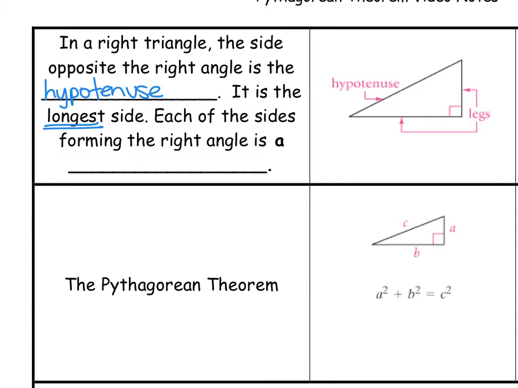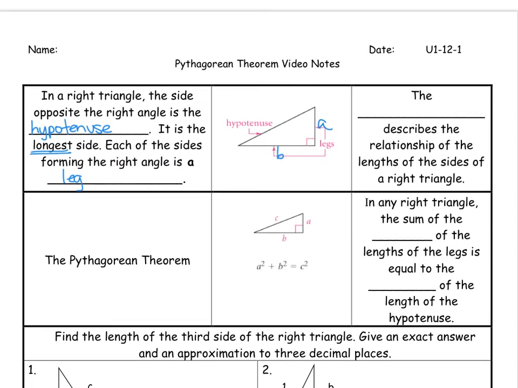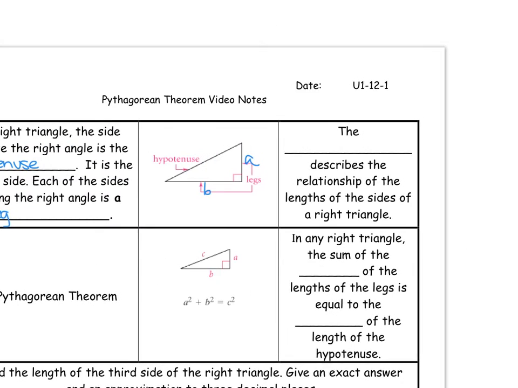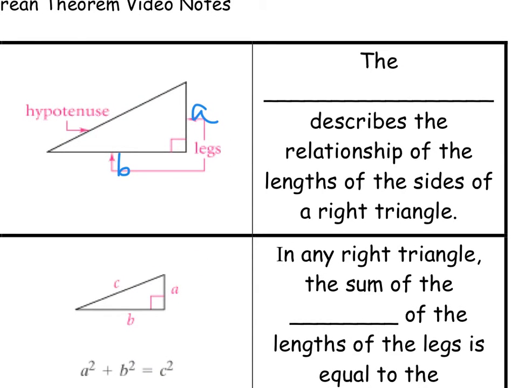Each of the sides forming the right angle is called a leg. And we have leg A, and we have leg B. So we can use a theorem called the Pythagorean theorem to describe the relationship of the lengths of the sides of the right triangle. And we'll take a look at that Pythagorean theorem in depth tomorrow, but that is called the Pythagorean